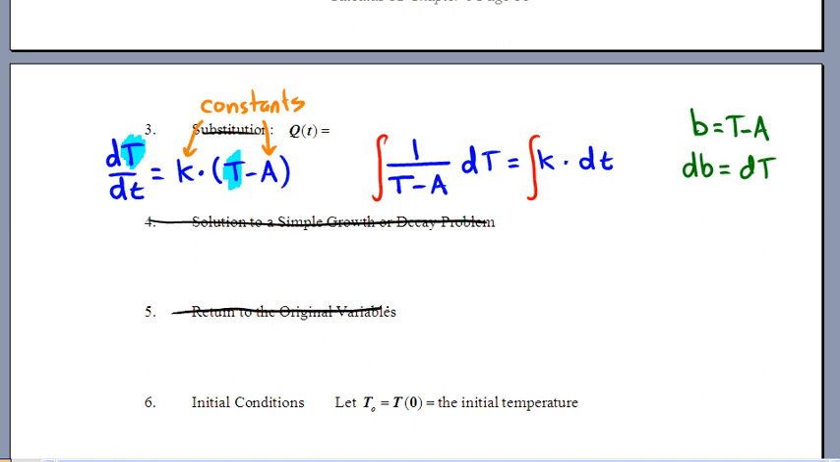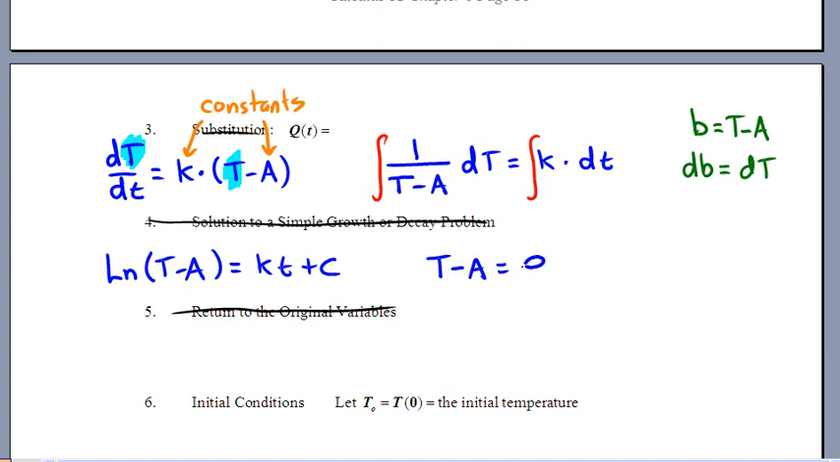At this point, you could then integrate both sides, and you're going to find that you end up with a ln of T minus A. So you would have ln of (T minus A) equal to kt plus C. This is very, very similar to what we saw in the previous lesson for exponential decay. And then when we go and try to solve for capital T, we're going to have to exponentiate both sides. And we're going to end up here with T minus A